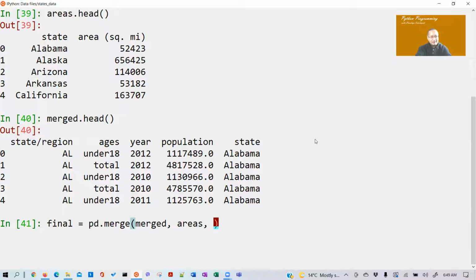Okay, merged and areas, and you can do how is equal to